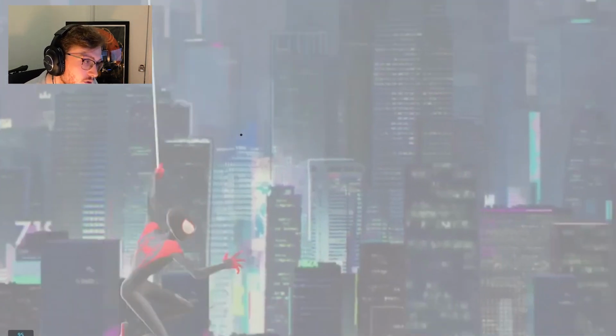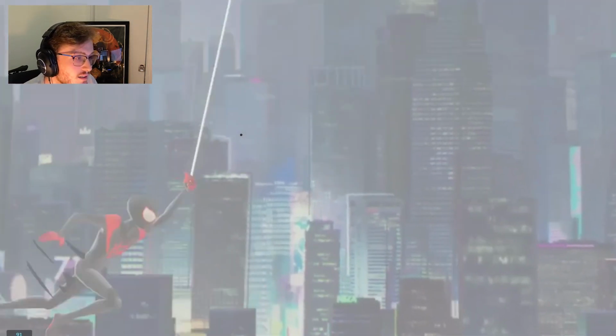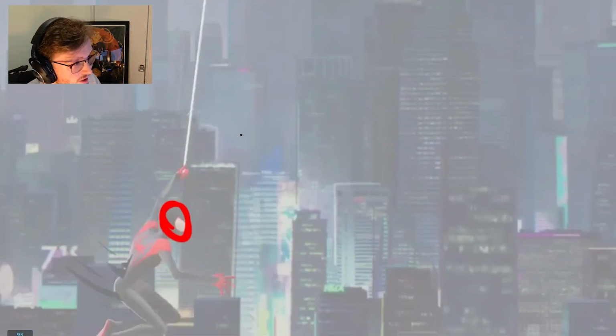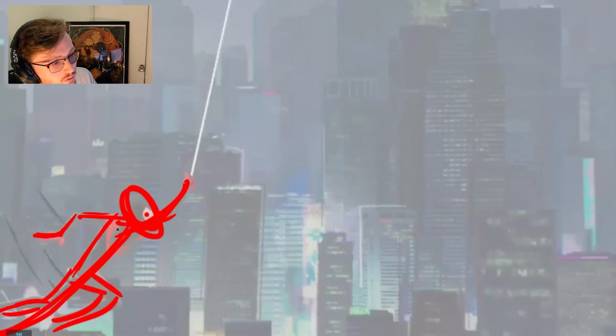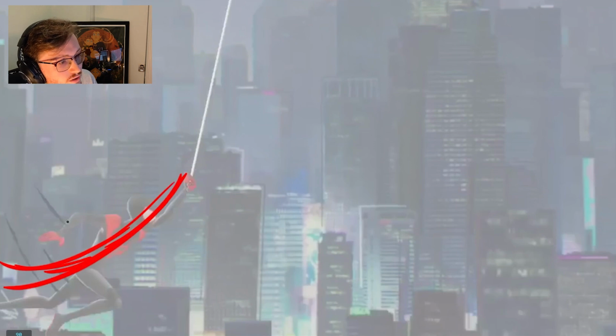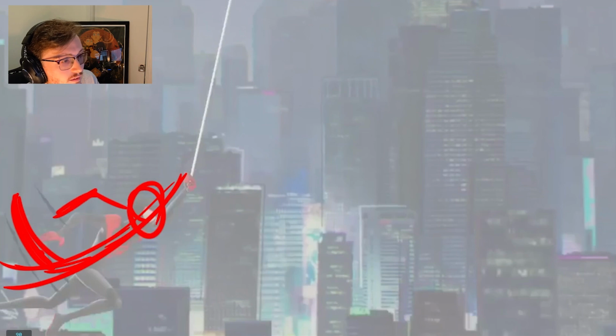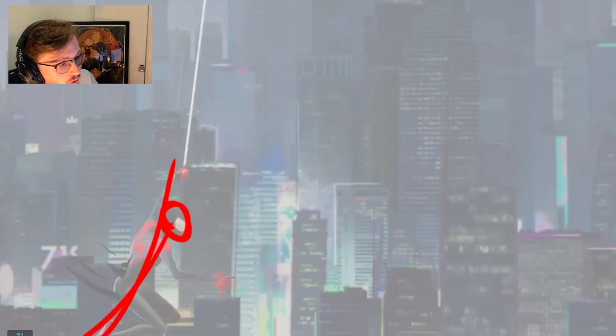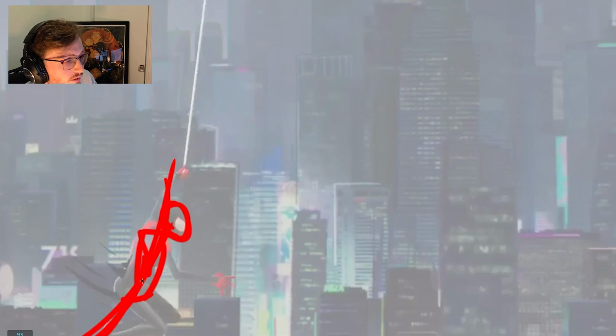One thing I will say is I don't quite feel, in this impact here, the momentum of the body going through the web. So here I would probably have exaggerated the drag of the body a little bit more. Let's delete this. I would have probably pushed this line of action a little bit more, so it was like this. You can see the legs trailing behind. And that way, when it gets to this point, you can still feel the drag in the spine. It'd be more like this.